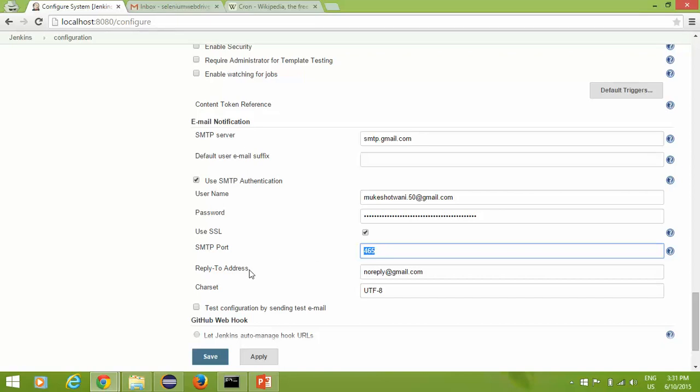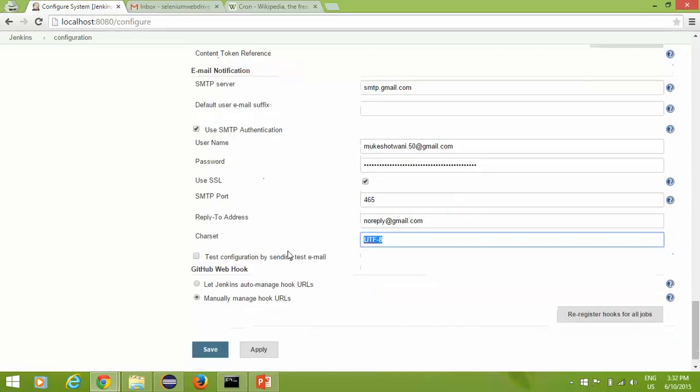For the reply-to address you can give something like noreply@gmail.com, or you can specify some other address as well. It's optional. The character set is UTF-8 by default, so don't touch it. And you need to check this. If you don't check this, it will not ask for authentication and you will not be able to send emails. So it's very straightforward: the SMTP server, username, password and port.